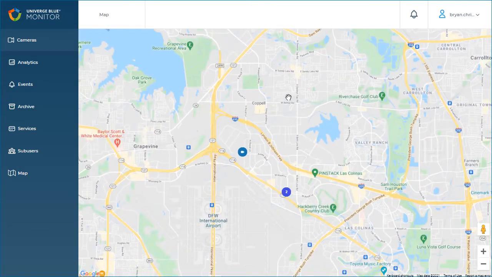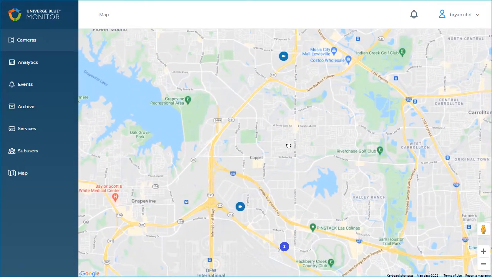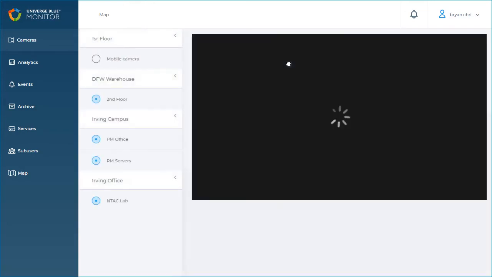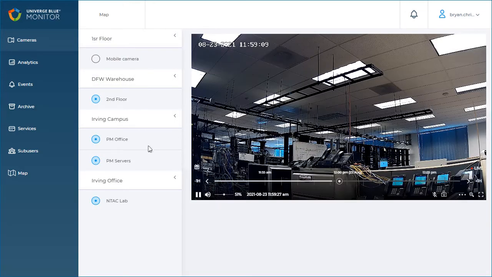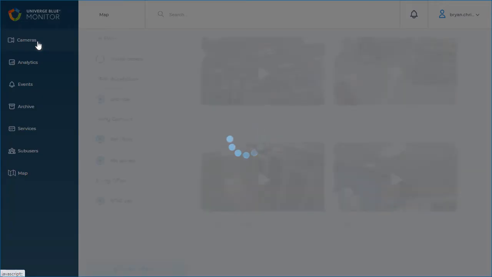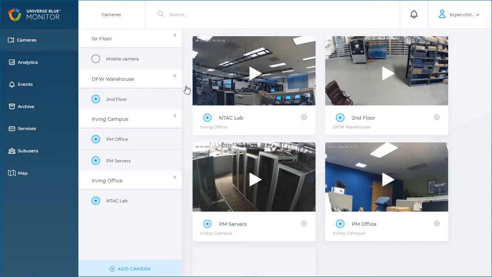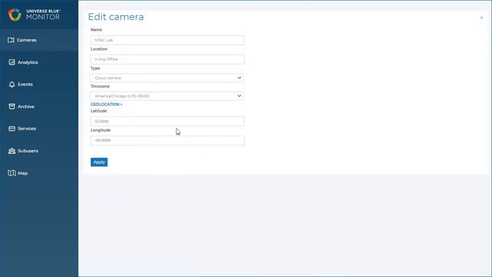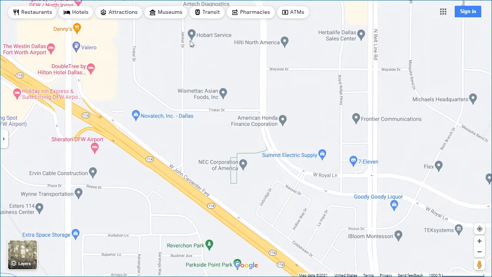Up at the top of the area first displayed is a camera that is definitely not at that location, and yet it is one of the cameras that is defined to our system. That camera is one that is still using the default coordinates that the system obtains by querying the IP address. In order to correct the coordinates shown for that camera, which are most definitely incorrect at the moment, we can